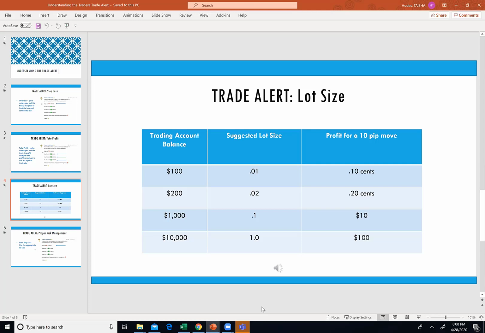So with some discipline, while you're learning as a beginner, you can really be doubling your accounts, and in time you're growing your accounts. Once you hit that $1,000 and you're using the 0.1 lot sizes, that's pretty fun. It's pretty exciting, because it's so much easier to add the